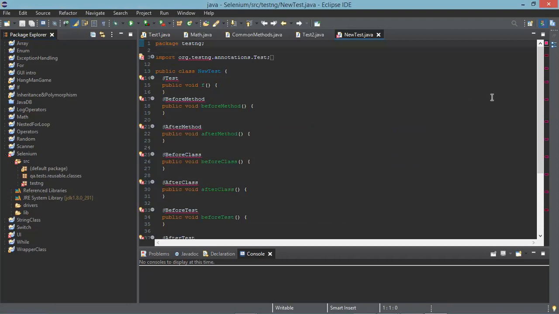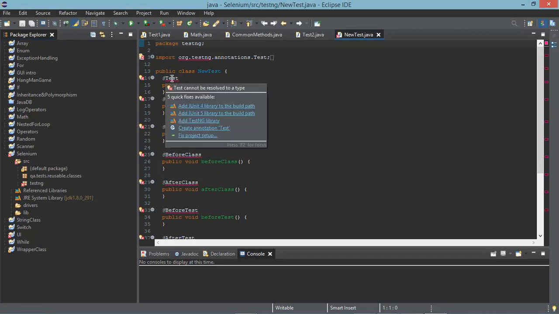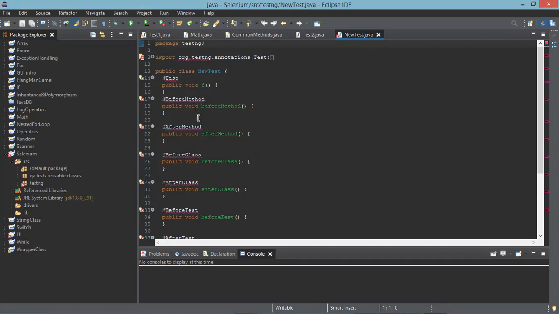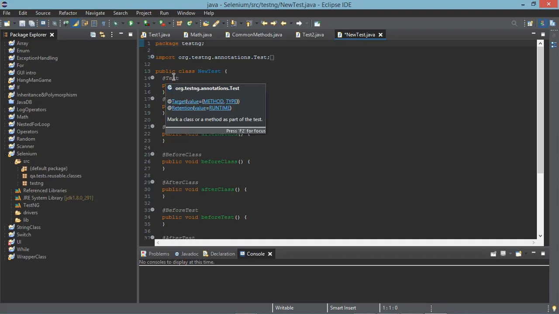Mouse over on the test annotation and say add TestNG library, the last one. All the errors are gone. Now you are good to go. But you did not select the test annotation, you did not get that in the list, but it is getting created. It's mandatory, so it's predefined, preloaded. The method name they have is a default method name.